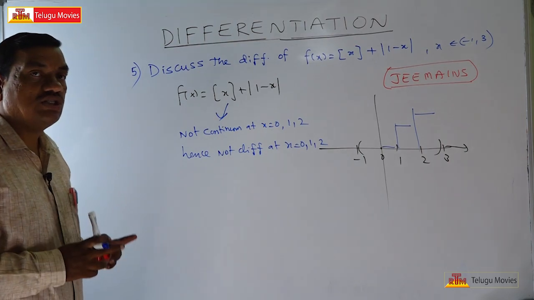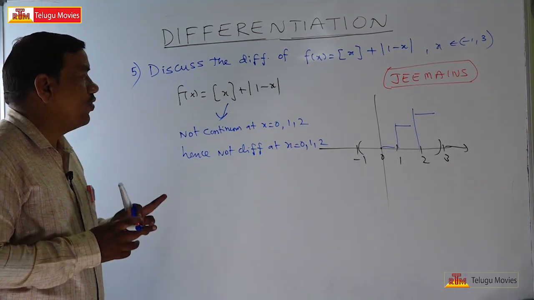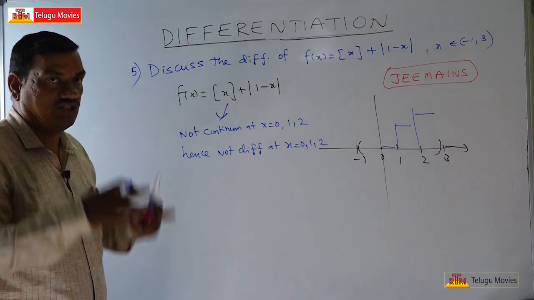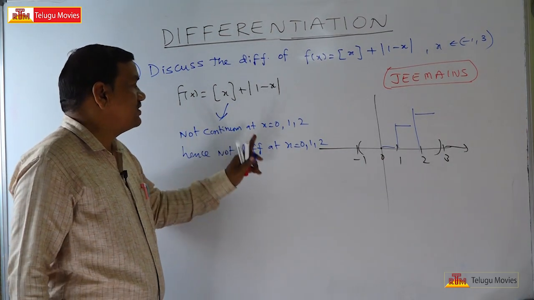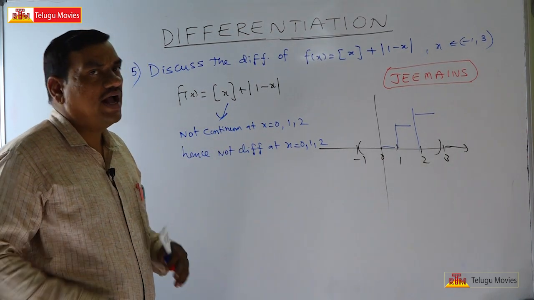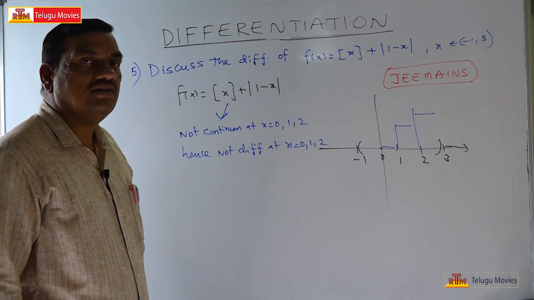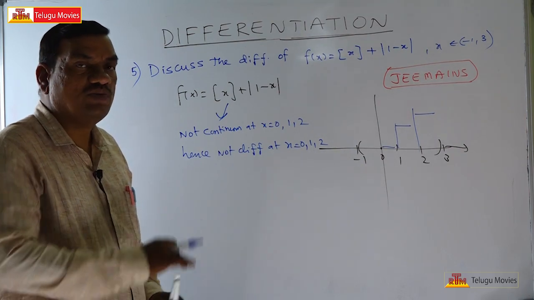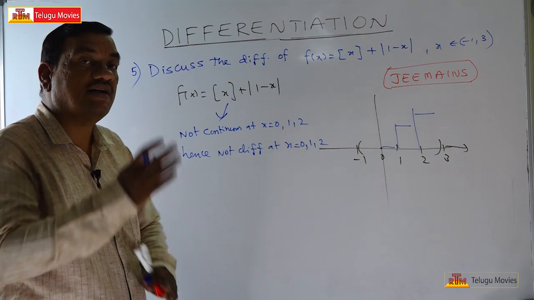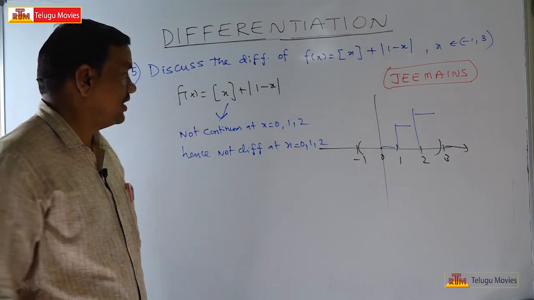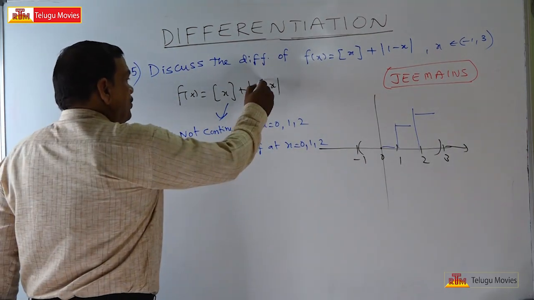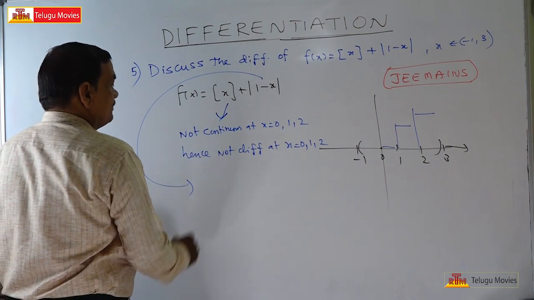So the function is not continuous at 0, 1, 2. That I am discussing about this step function. It is not continuous at x = 0, 1, 2. Hence, we can declare that there is no question of differentiability. That means you cannot draw any tangent to a function where it is discontinuous. Coming to the modulus function,